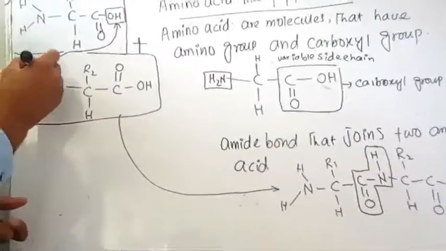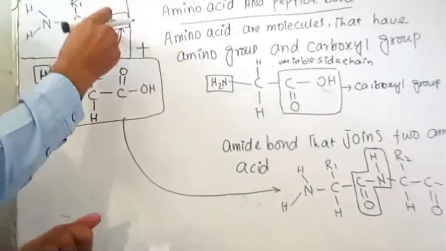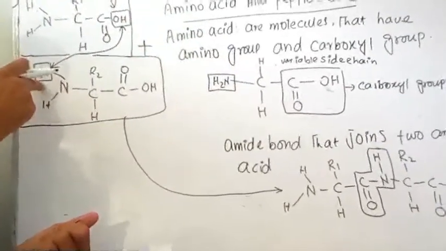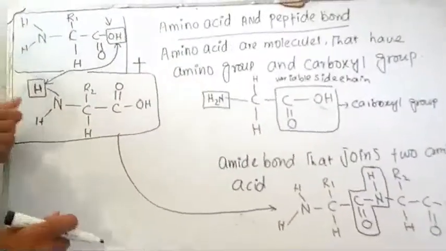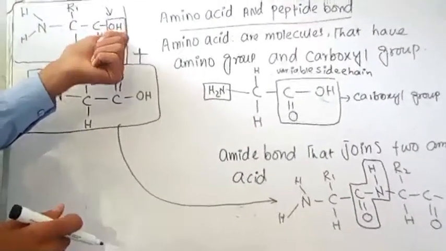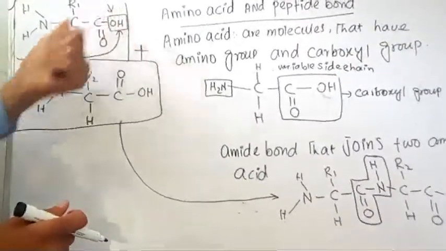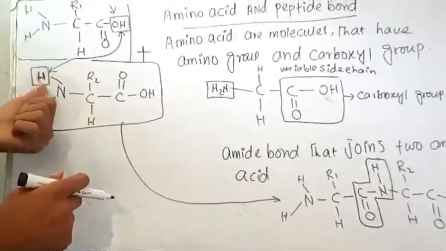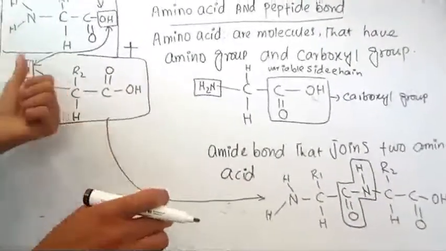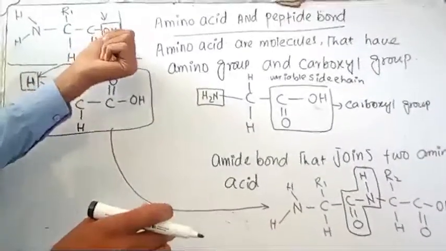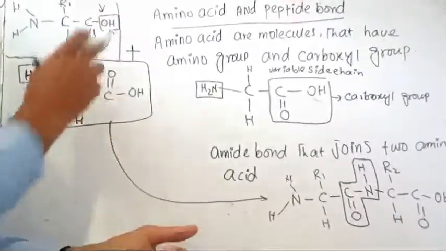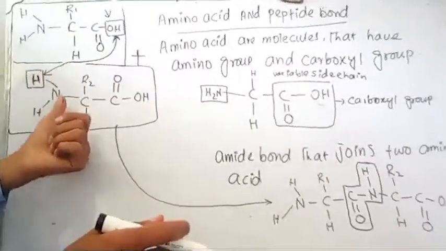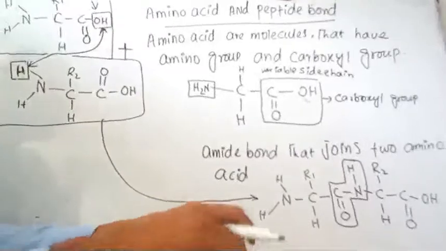Only a water molecule is removed. The OH is removed from this amino acid molecule and the H is removed from this amino acid molecule. It means that OH is removed from the carboxyl group of one amino acid and hydrogen is removed from the amino group of the other amino acid. The hydrogen combines with OH to form a water molecule. It means one water molecule is eliminated and the amino acid combines with another amino acid to form a chain